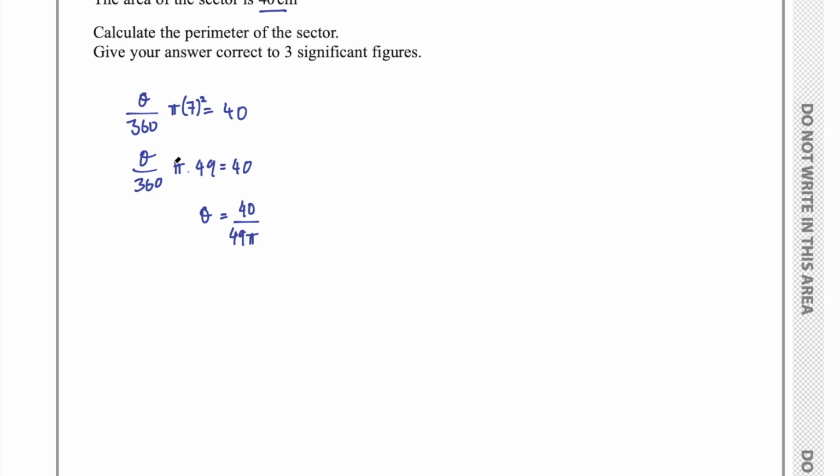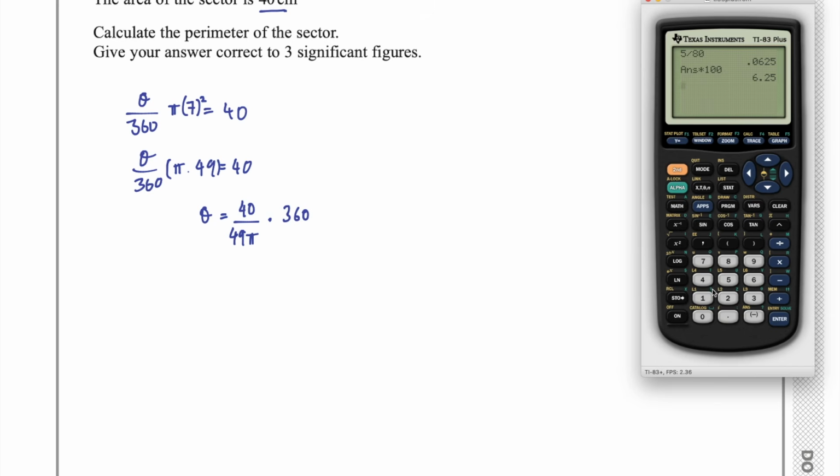So just dividing by these two things here, because I'm multiplying on the left, so you divide on the right, and then multiply by 360, because we're dividing by 360 on the left, so we multiply on the right. And now I can get a value for that angle using my calculator. So I'm going to do 40 divided by 49 times pi. You should know how to find your pi symbol on your calculator, and then multiply all of that by 360,